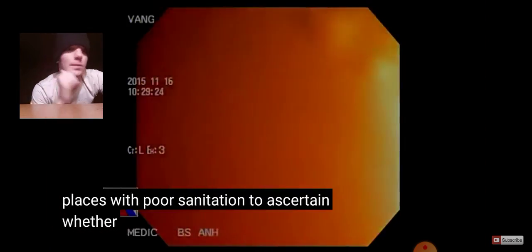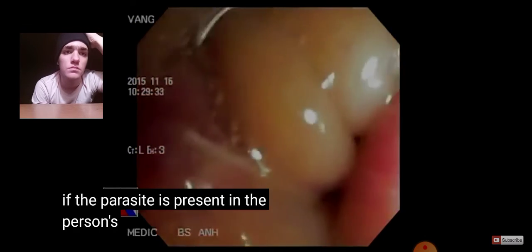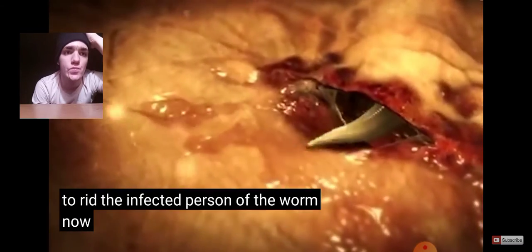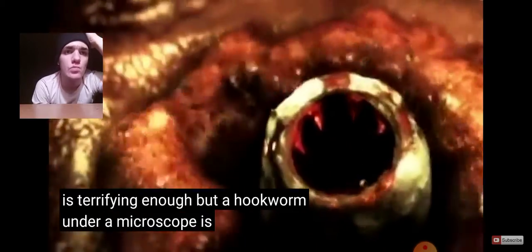To ascertain whether or not someone is infected by a hookworm, a stool sample is viewed under a microscope. The microscope will reveal if the parasite is present in the person's body. If someone has been infected, then medication is prescribed to rid the infected person of the worm. Now, being infected by a parasitic worm is terrifying enough, but a hookworm under a microscope is a sight that